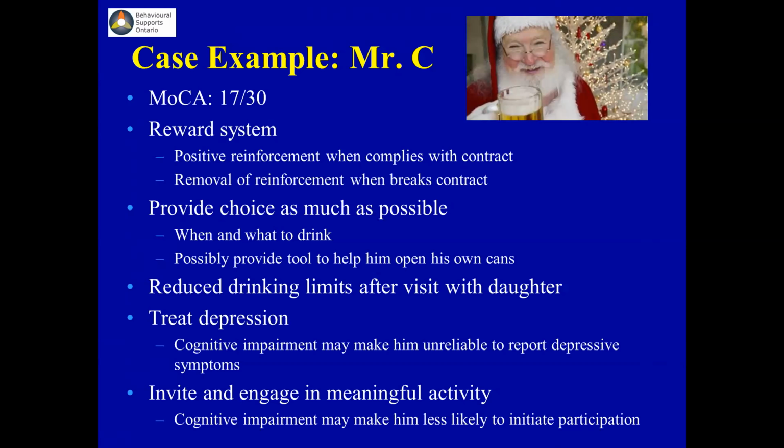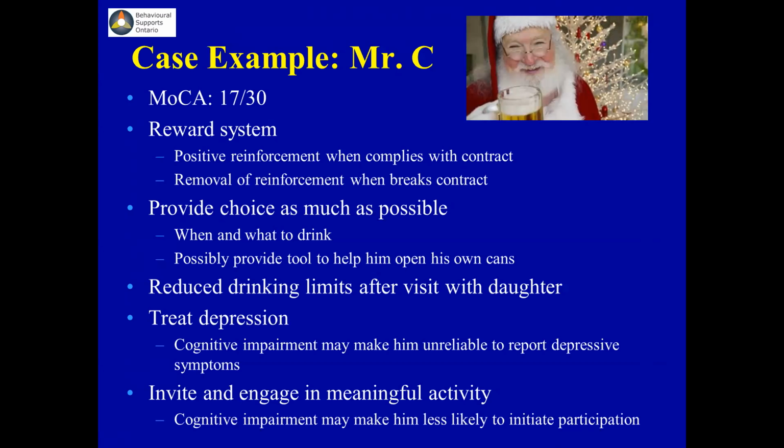He had beer that was in the nursing fridge that was provided to him at meals. And he didn't want to drink it at those times, but that was the only time he was allowed to drink. So he drank it then. He talked a lot about missing the sensation of opening his own cans and the sound of the opening of the can. If you all know what it's like to open a can, there's something quite satisfying about that. So we talked about providing a tool that would allow him to do that with his peripheral neuropathy.